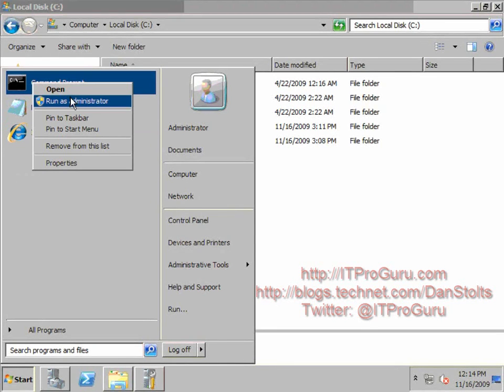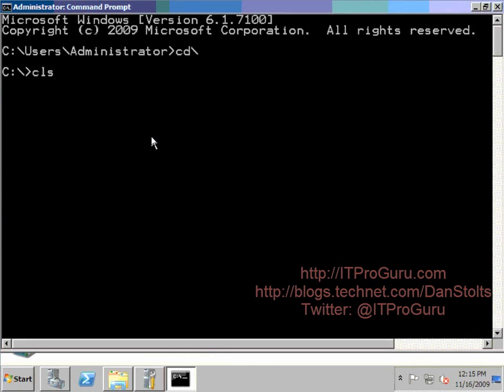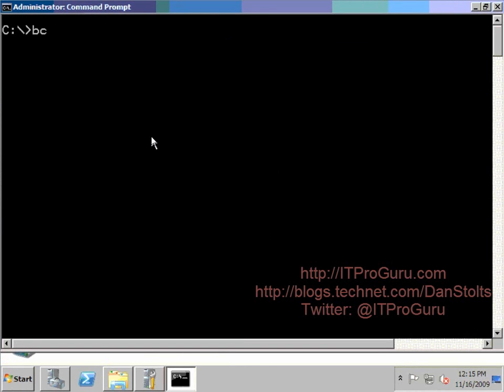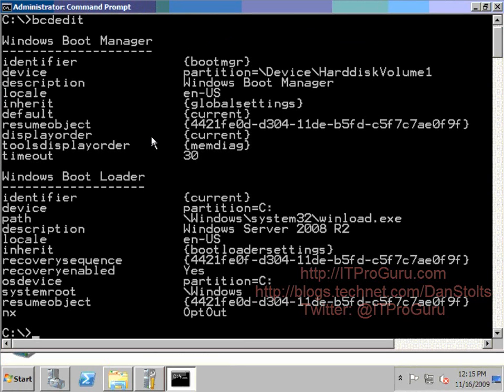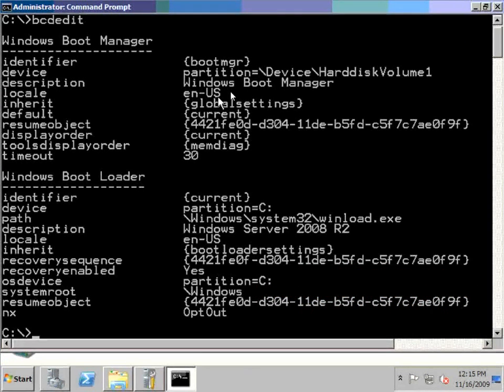I'm going to right-click and run as an administrator, and we'll take a look at the configuration of the boot menu and see what that looks like. If I run Bcdedit, it'll actually allow you to take a look and see what it did for the boot menu. And what you'll see is the partition is pointing to device hard disk volume 1 for